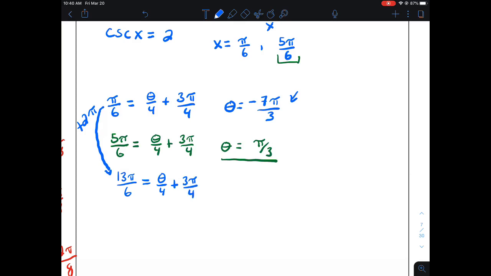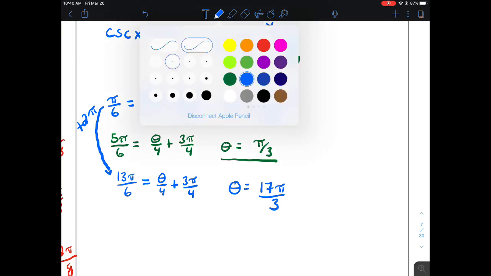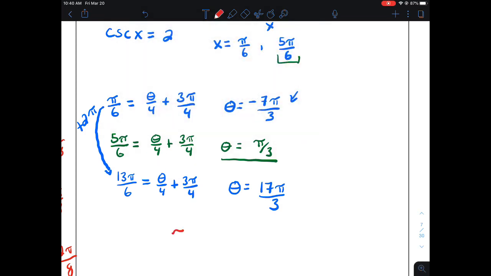And then I'm going to resolve. So subtract the 3 pi over 4 to the left-hand side, then multiply by 4, and we get theta to be 17 pi over 3. That is a lot bigger than 2 pi. So our answer here, our only answer,